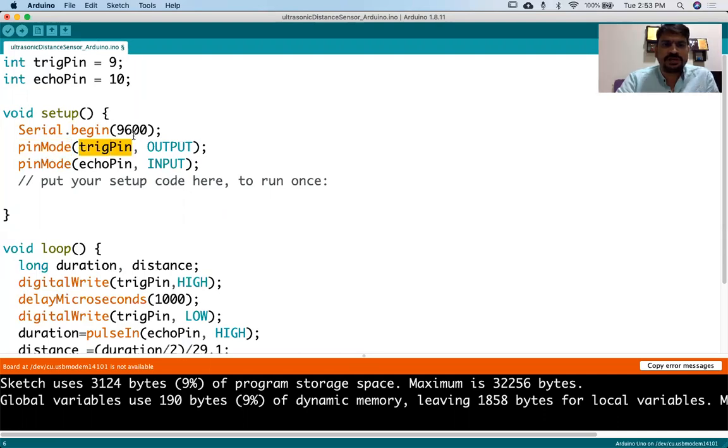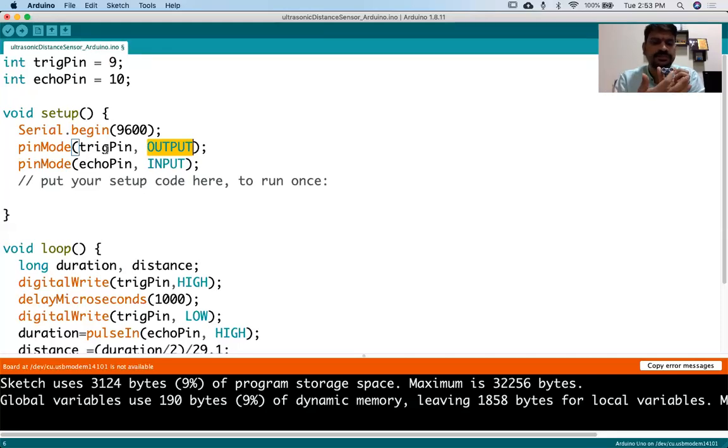Trigger pin. Which is the trigger pin? Pin number 9 is the trigger pin, right? So I want this pin number 9 as the output. I want output on this particular pin. What the trigger pin will do is trigger this particular ultrasonic sensor, and this transmitter will get the voltage to transmit the ultrasonic waves.